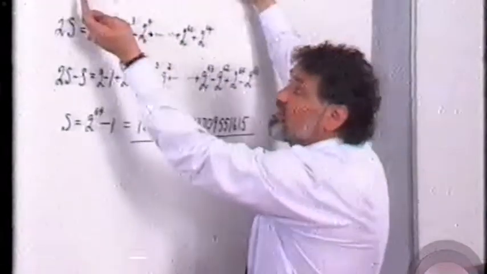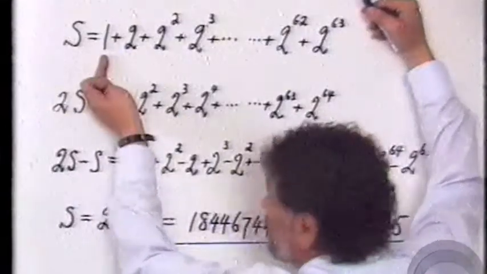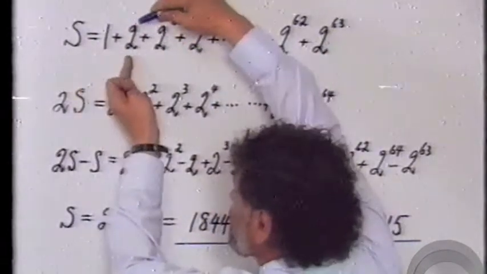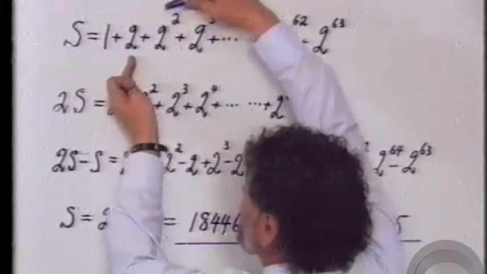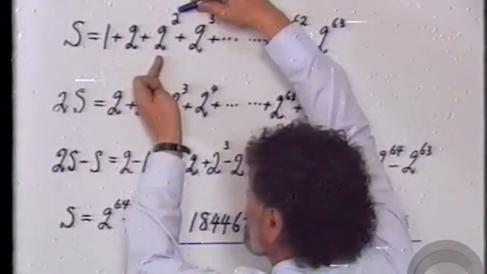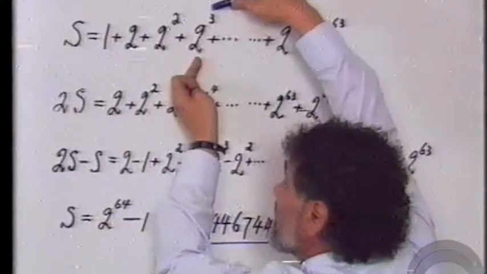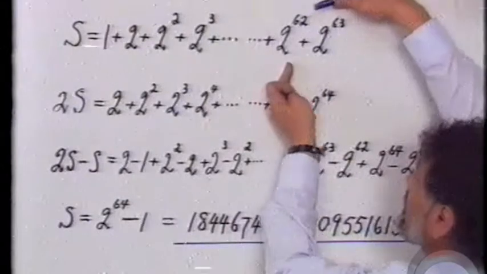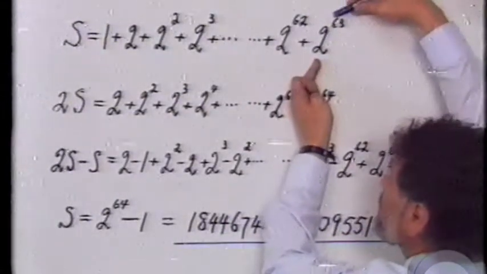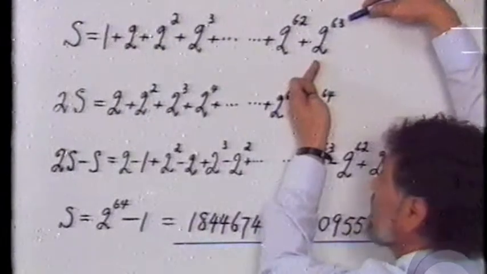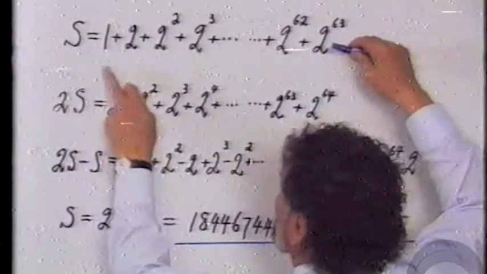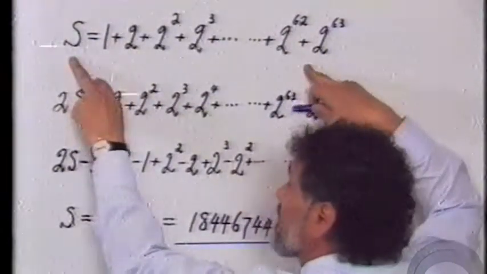Now, this can be represented by a sum, which we can write. The sum s is equal to 1 for the first grain on the first square, plus 2 for the next square, plus 2 squared, which is 4, on the next square, plus 2 cubed, which is 8, on the next square, plus etc., until we come to the very last square, which will contain 2 to the exponent 63 number of grains. Now, if we take this equation and multiply both sides by 2, we